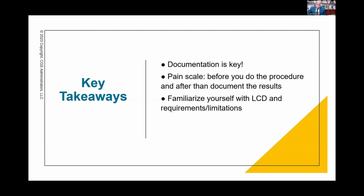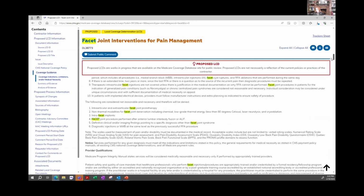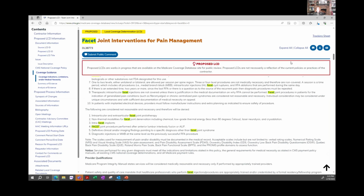Okay. The next question is continuation of ESI after 1 year. Is a formal letter to the PCP needed? The office procedure note by a doc faxed over is not enough. And Stacy, please correct me if you have additional requirements, but the point is that there's a communication to the PCP. The rationale behind that is that sometimes these patients are getting a higher level of steroids, which may then, if they're getting recurrent steroid injections, for instance, could that be kicking back and impacting their diabetic management or their osteoporosis management? So